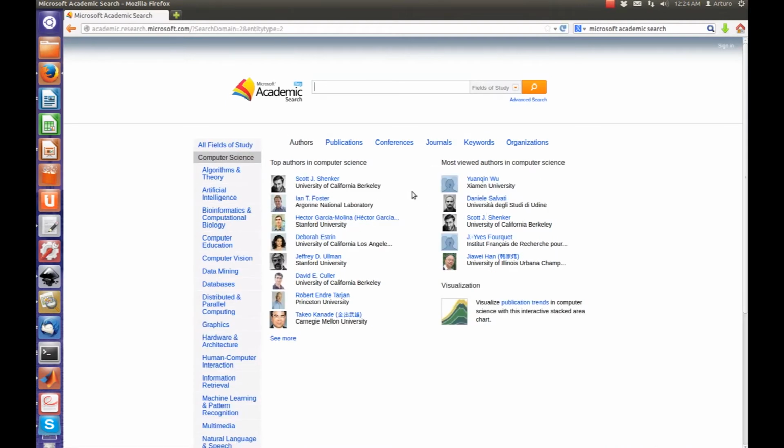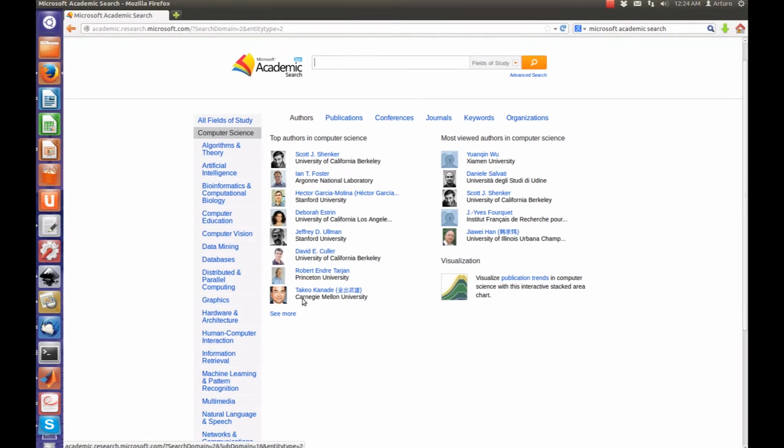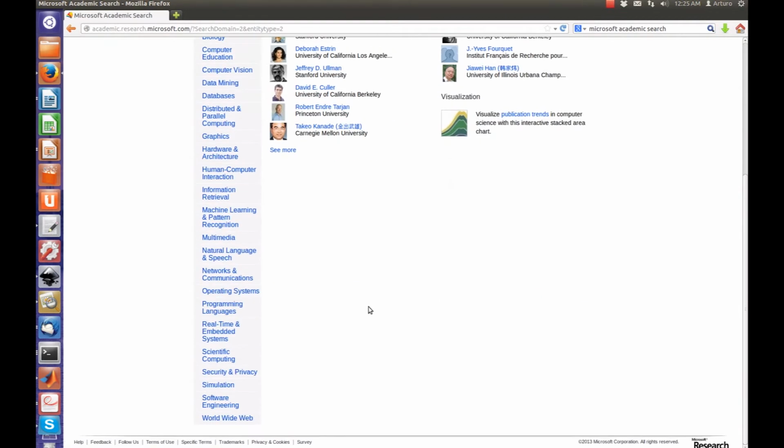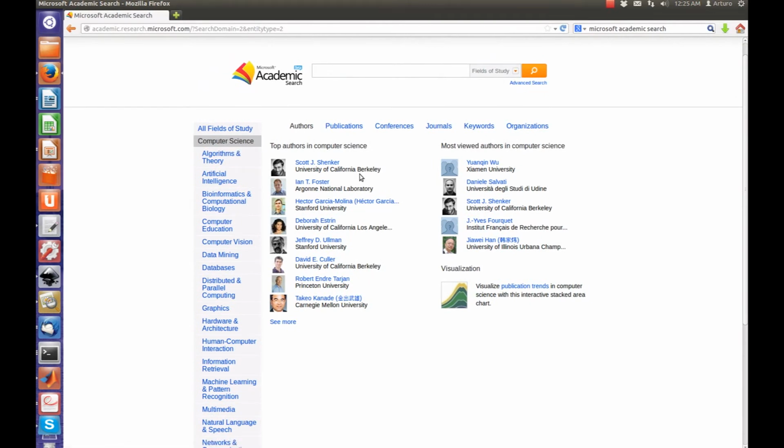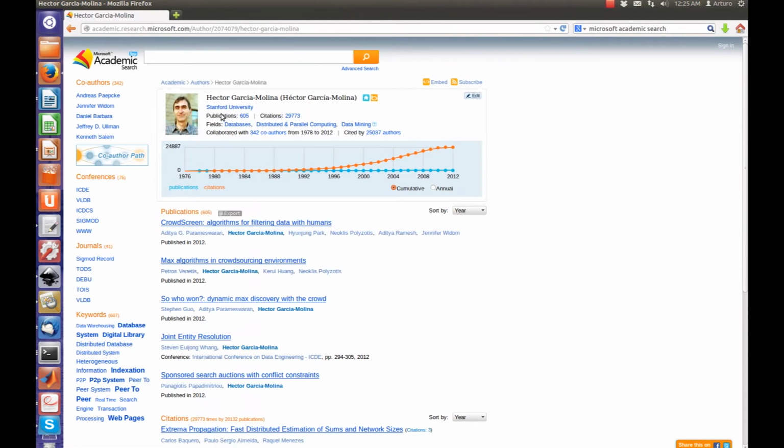You can change this if you're in another community, let's say data mining or HCI, information retrieval or machine learning. I do computer vision. So before going into that, even if computer science is a huge domain, you'll see a list of top authors in computer science. Like Hector Garcia Molina from Stanford, for example. Let's give a quick check on his profile. You see some very basic statistics of his number of publications and citations, which is really high. You can see a cumulative distribution and an annual distribution of his publications year by year,